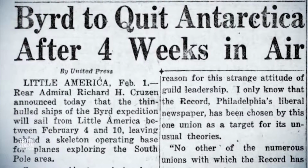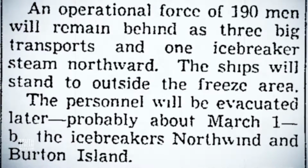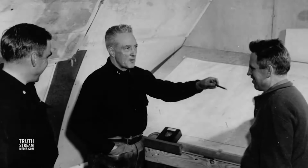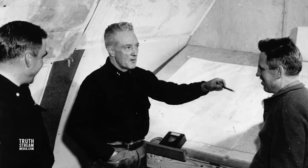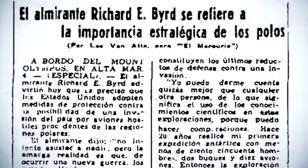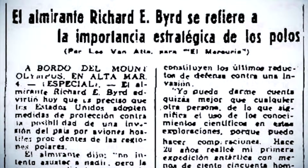Newspaper accounts blamed the ice and the freezing up of the waterways, the same excuse mentioned ahead of time in papers before the expedition departed. Some have claimed that Byrd met a superior force that even possessed UFO aircraft that drove Byrd out of Antarctica. But this account is largely substantiated by a quote which attributed Admiral Byrd as saying, in case of a new war, the continental U.S. would be attacked by flying objects, which could fly pole to pole at